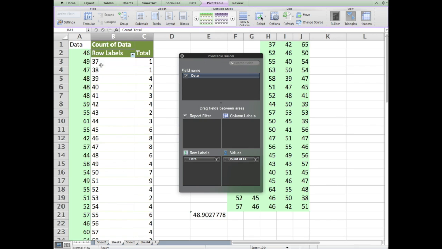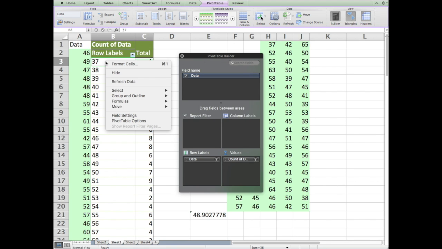So what we've got here is the number of times that we've got a 37, the number of times we've got a 38, the number of times we've got a 39. You probably recall that it's a good idea to not do these individual numbers, but to group the data into categories. So I'm going to just right click on this because Excel will do this for you, and we want to choose how we're going to group the data. So I'm right clicking on that cell B3